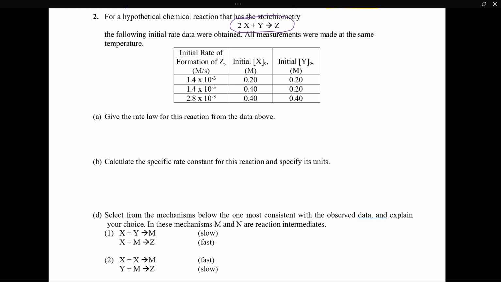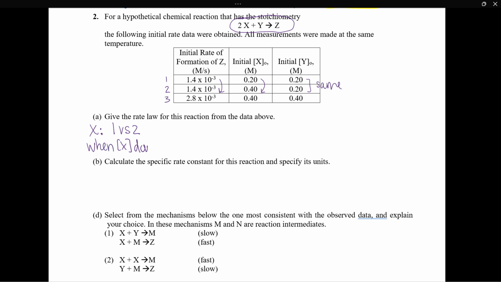So what we're going to do is, let's say we want to figure out the reaction order for X. I want to compare two experiments where the concentration of X changes, but Y stays the same. So if you look at this first and second data set, it looks like X doubles, Y stays the same. So let's number these 1, 2, 3. So if you compare 1 versus 2,